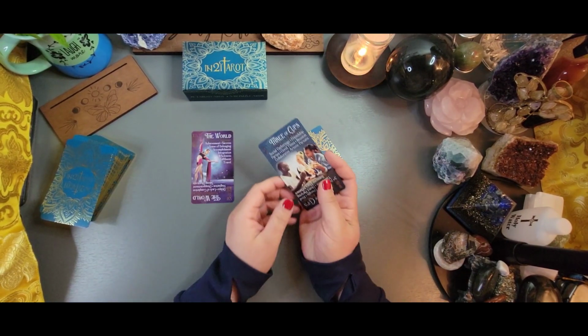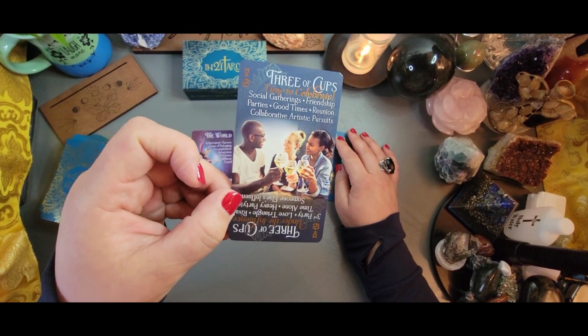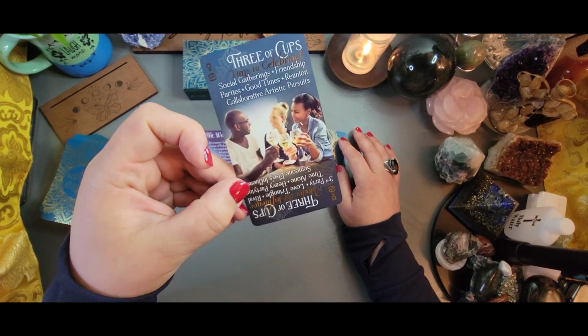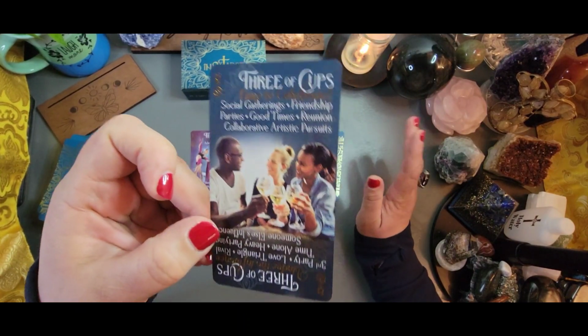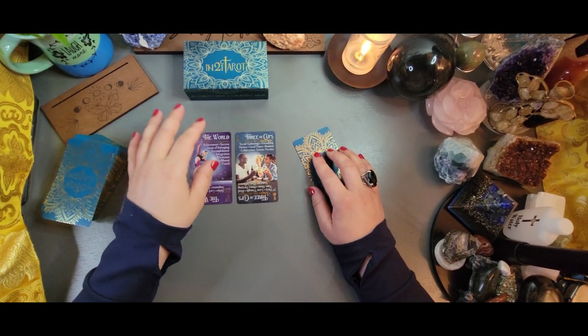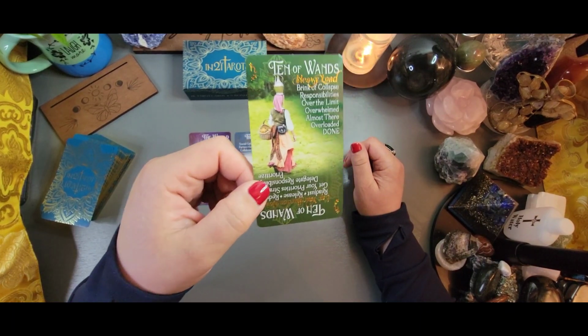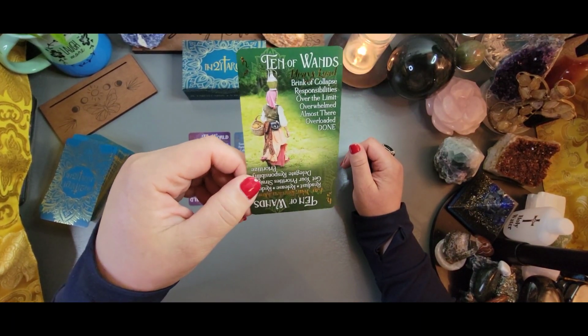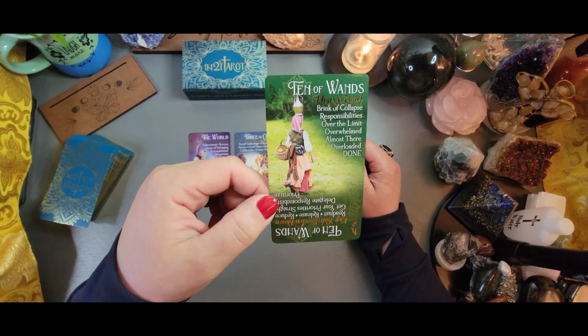Let's see, what do we have here? Oh my God, a Three of Cups. Look at this, the divine never fails. When you think you're going to get a whatever message, see what you could get. It's the holidays, guys. Go enjoy your time. I hope you guys do have a safe holiday season. Or whether you see this during another time, which is not the holiday season, I'm sure maybe you're in the process